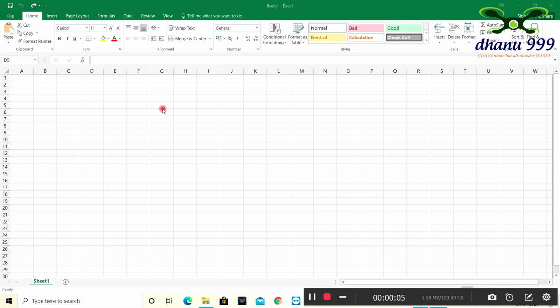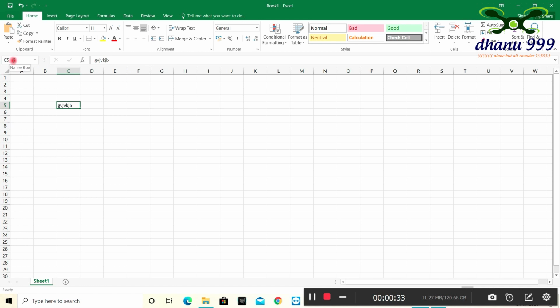As we had gone through all the interfaces, I had said that each and every box is called a cell. If you want to type anything, first we need to select a cell so that the cell gets activated. Then we can type something. See here we have typed something, and this is called the name box, and this is called the formula box.